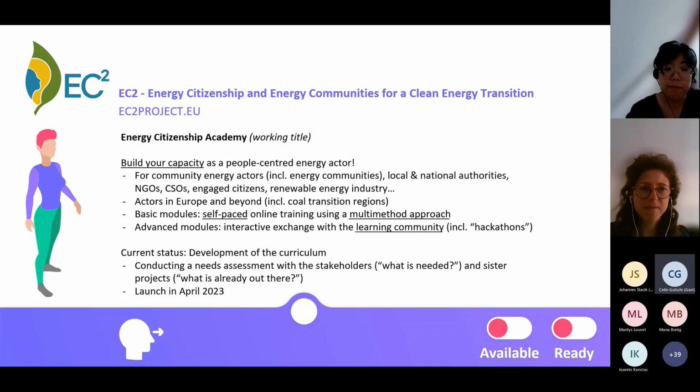And meanwhile, I'm happy to engage in conversations with all of you in the community energy initiatives in order to design a training that would correspond to your needs. And hearing the presentations, questions and discussions here have already helped me to understand better what's out there and what type of capacity building is still needed in this field.